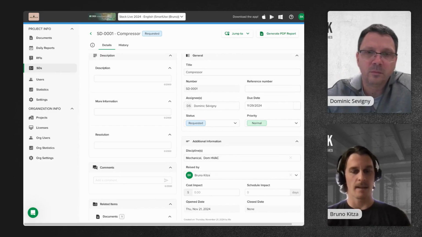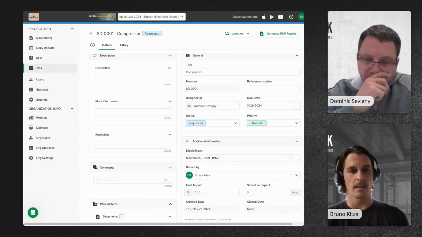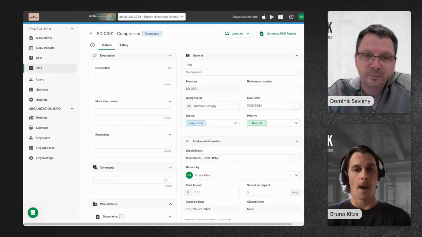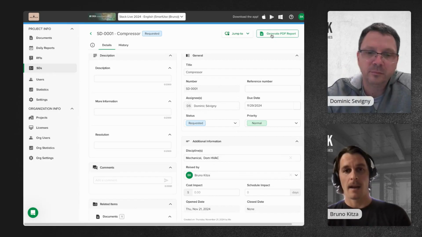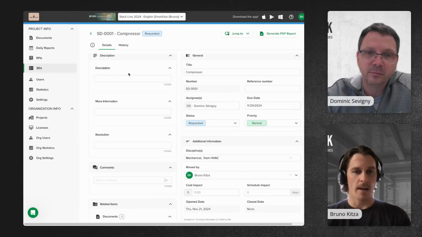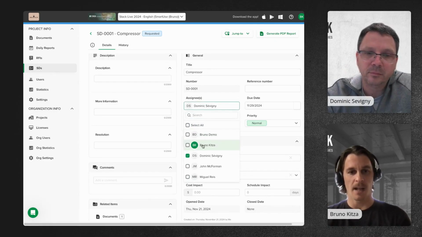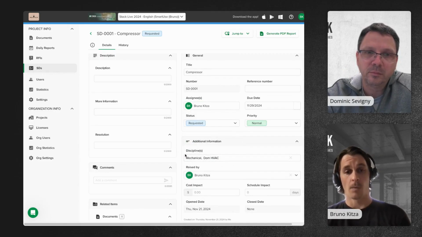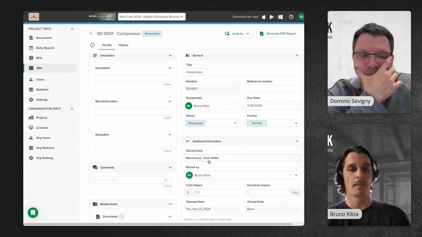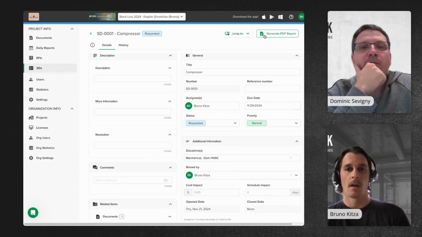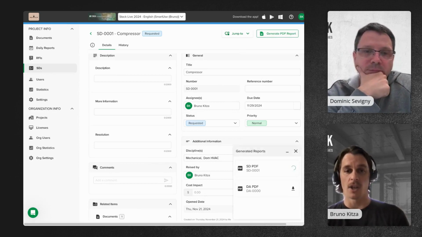If that's not the case, let's say we have a smaller company with 2-3 user stack licenses. They're keeping things simple and internal. We can actually still use this for shop drawings, for example. I'm going to keep it assigned to myself. I want to keep track of who's doing what. I will most likely use those tags so I can know exactly who I've sent it to. But what I can do here is actually generate a PDF,